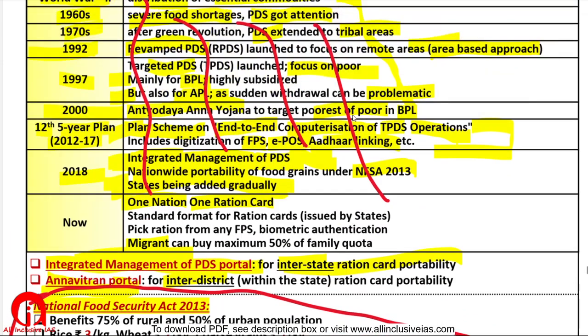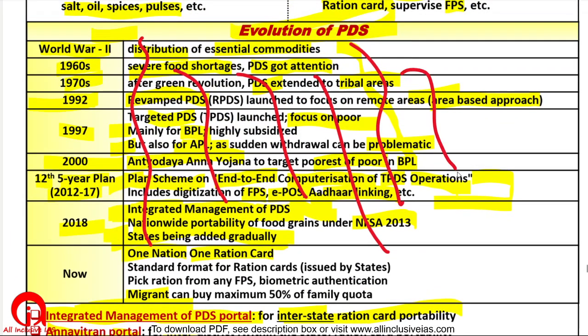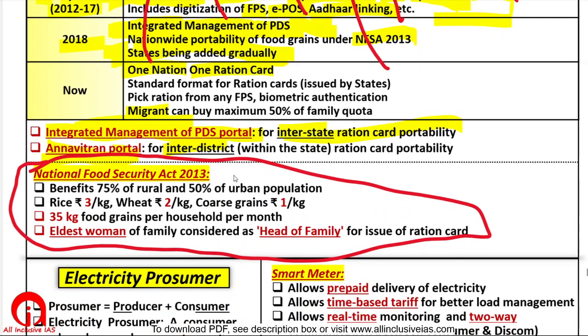Similarly, here cheap PDS food grains you already got. We always were getting this. But through this act, it has become our right. And this right cannot be violated, else you can go to court. Fine, that is the importance of an act and not just schemes.